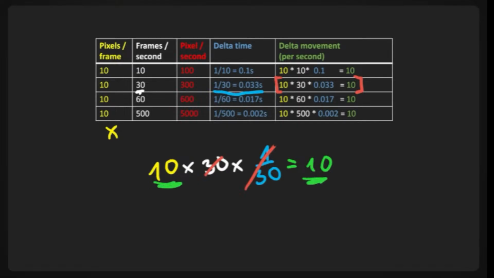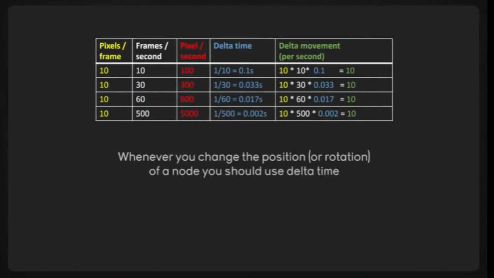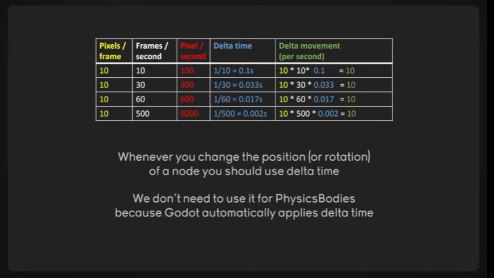And this works with all of these numbers. So if we have 60, we would have 60 multiplied with 1 over 60, 500 multiplied with 1 over 500, and so on. Frames per second and delta time cancel each other out. The only thing left are the pixels per frame. And that is really all we want. That way, it doesn't matter what the frame rate is, you're always getting constant movement. And this you should use whenever you change the position or rotation of any node. The one place where you don't have to use it is with physics bodies, because for those, Godot automatically applies